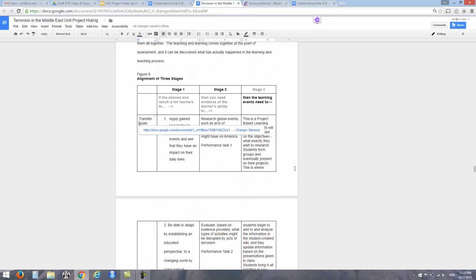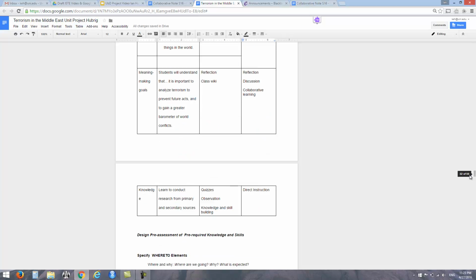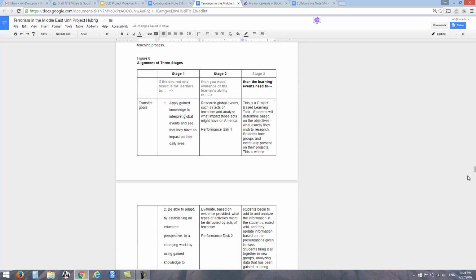Transfer goals are things that students will take with them beyond the classroom or maybe later into the classroom. Meaning-making goals are those types of goals that actually design something in the mind for those students and they make those connections, those aha moments. And finally, knowledge and skill acquisition goals, if you will. These are the tools that students will use to build what they need. It's kind of backwards in that sense. The knowledge and skill goals are your most basic ones. Meaning-making goals make the connection for the student themselves, and then transfer goals are things students will carry with them, so that's applying essentially the other two.